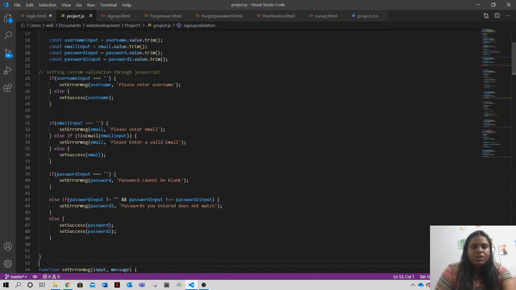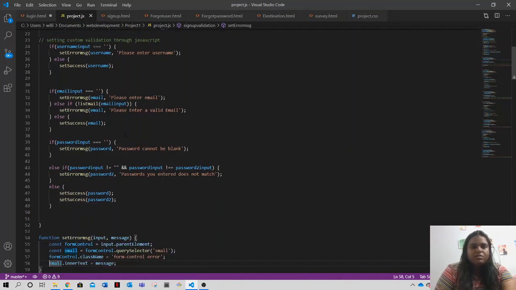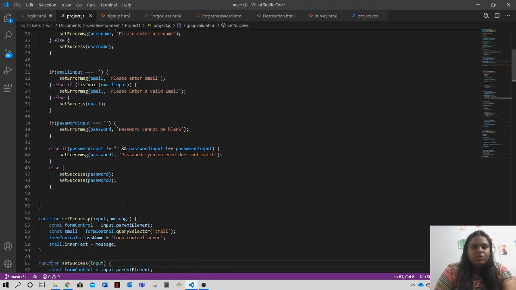conditions to check if the email that we entered is valid or not. So for that we have created a custom function. So we have like set error message and set success message. So as we go down, if the email ID we entered is blank, then it will throw an error called please enter email. And if